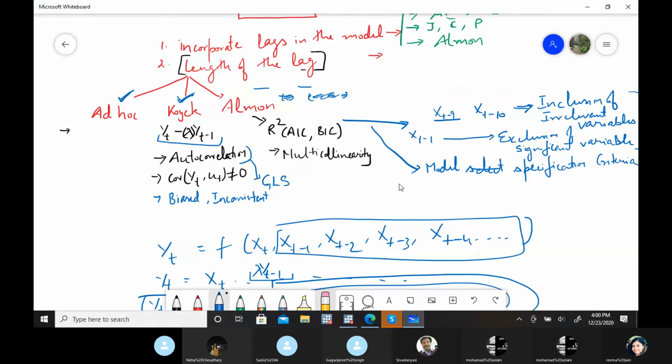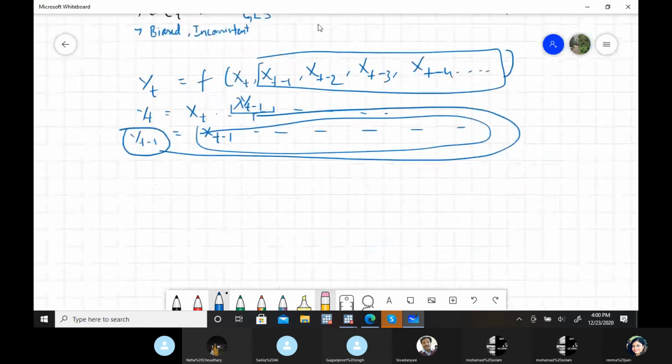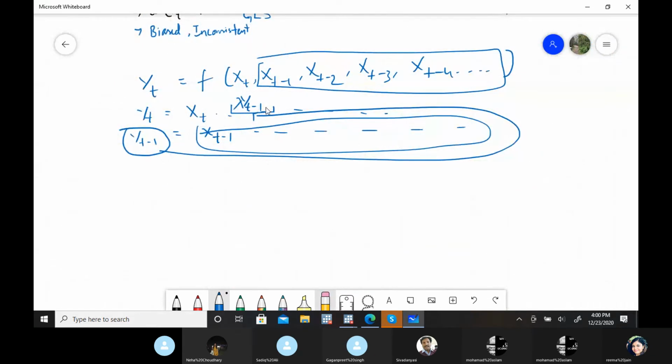Okay, so now I'll take Almon's approach, how to incorporate it into a model. One other thing for the estimation part: in all the approaches except the ad hoc estimation, in Almon and Koyck, the final equation, meaning after adjustment, is where we apply OLS.